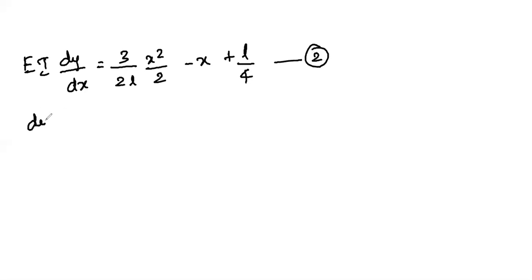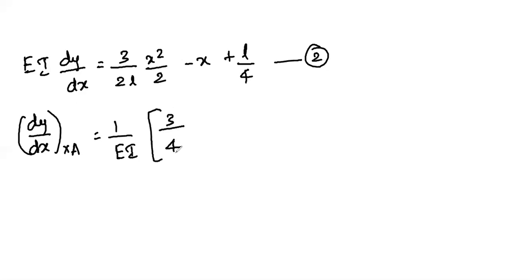So you know that this is the slope. dy by dx means slope. This is the general equation, which means this is the slope at any point. Here we are considering x position. So I am marking this as theta xa, due to the unit moment applied at the point A. So you found the value of the slope at any point x due to the unit moment applied at the point A, which is 1 by EI. That is, I am writing this EI in the denominator on the right hand side: 3 by 4L into x square minus x plus L by 4.